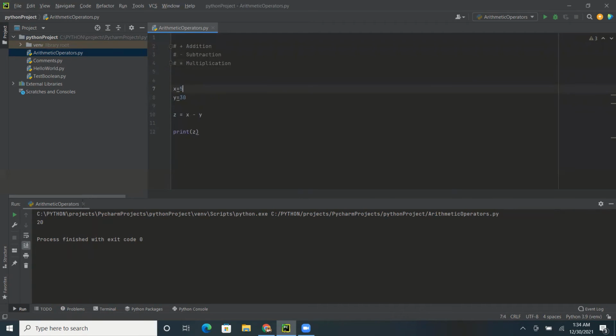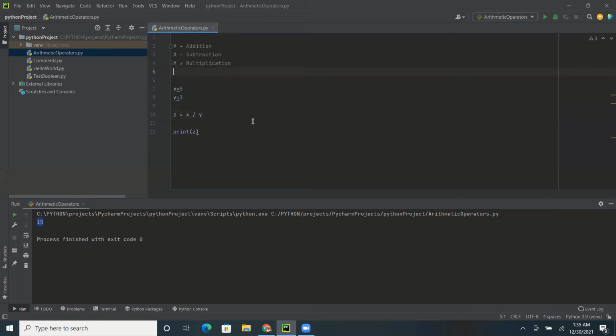So let's change the numbers so we can quickly count, and let's do the multiplication here, see what it prints. You see 15. So this is the multiplication operator. Next one we will test is division.